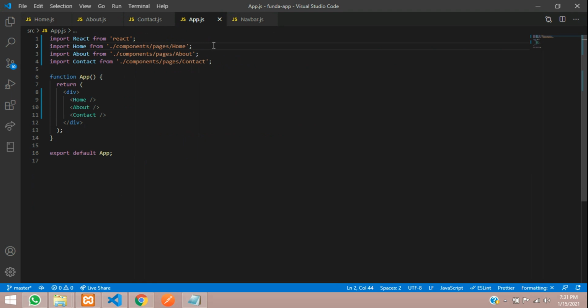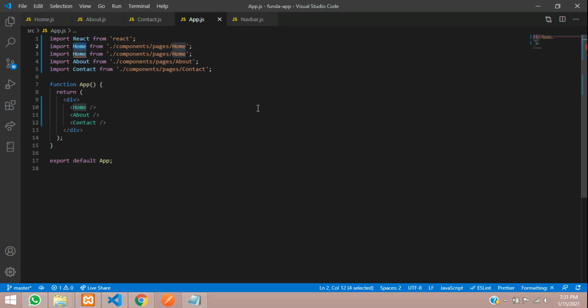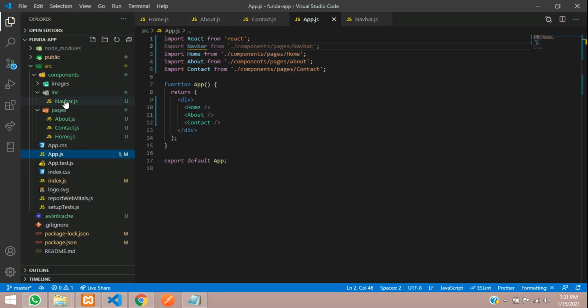So let's copy and paste this and make it Navbar, where you are going to import Navbar. If you're not understanding, please watch the previous video on how you import these files and call them. So as simple as that, I have created this navbar, right? So it's going to that components folder, then inc and navbar.js. So .js is not required to be added. So let me copy this and include it over here. So let's copy the navbar code and paste.